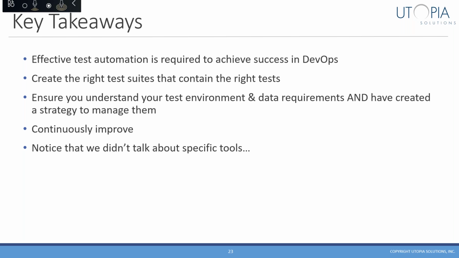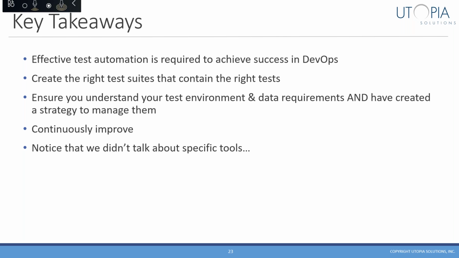And we didn't talk about this, but it's important to continuously improve. And I think that's a big part of the DevOps culture, and is equally important within the practice of test automation. It's not a fire and forget solution. Once we have a test suite in place, often the tendency is just let them roll. But you're going to find better ways to do things, better approaches. You're going to find tests that are unreliable, tests that are no longer adding value. And you need to address those as you go through in the same way that you're addressing improving the application that you're trying to test in the first place.